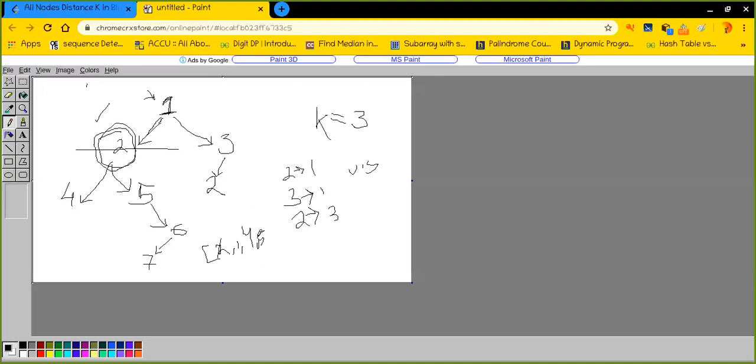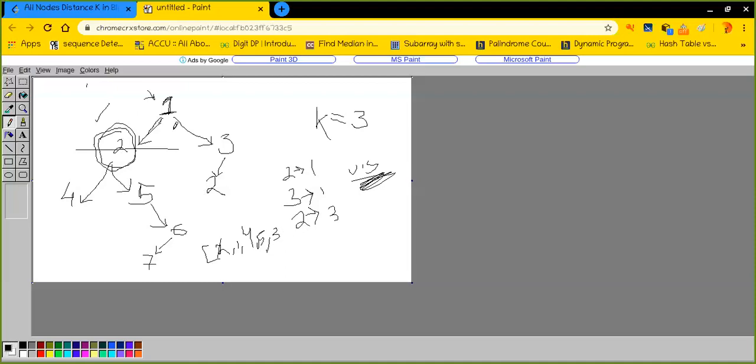So in that case, the visited array or set will help me. Anyway, it has the left child, but it has already been visited, so I'll go to the right child and push 3.